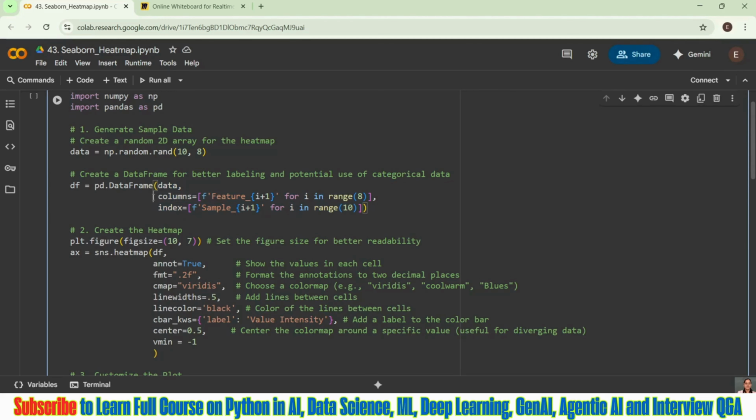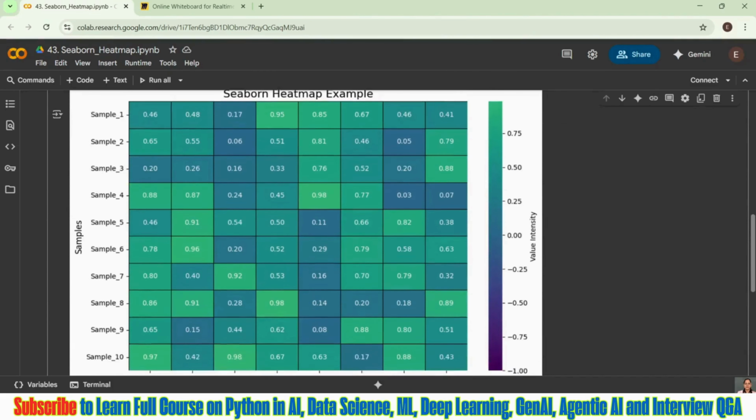So my x-axis is going to be this one. I am just taking feature underscore, and I'm telling it that my i should be in the range 0 to 8. Then for my y-axis, I'm telling it that sample underscore should start and go till 10. How is it going to be visible? Let me just scroll down a bit.